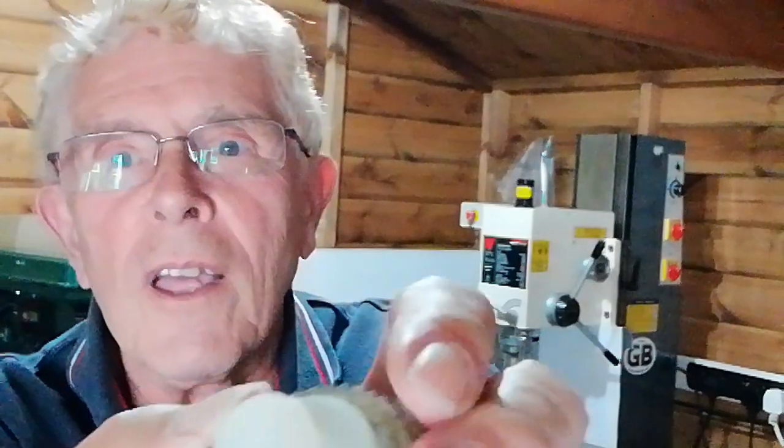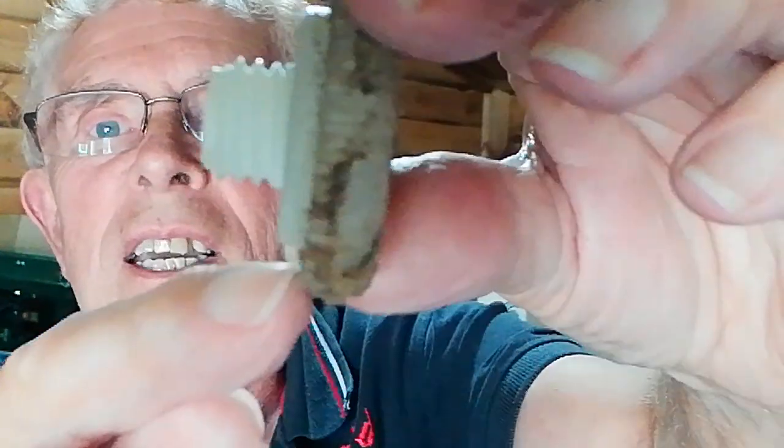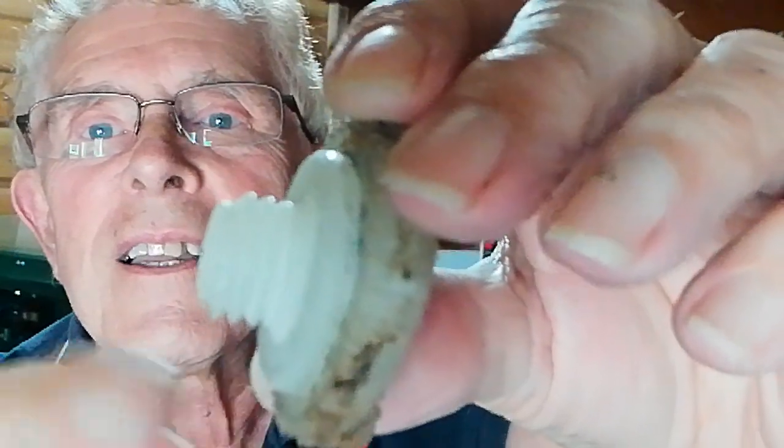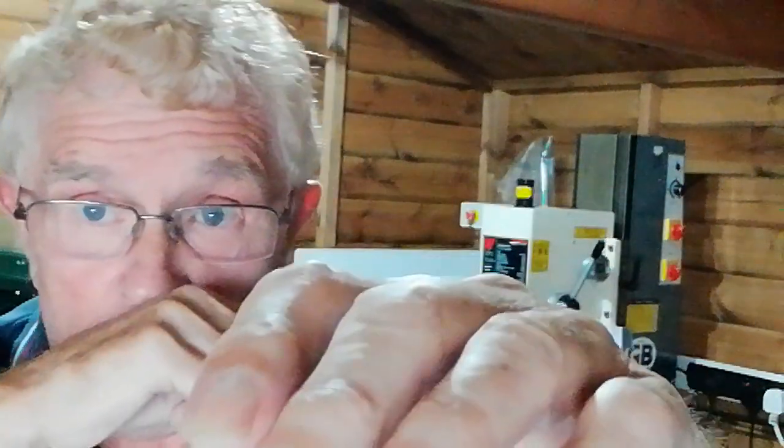So we need now to mount it in the lathe, and we're going to put it in the 3-jaw chuck and mount it on that little edge there, that little machined edge you can see there. Okay, the screw diameter, then it's a little edge that way. We'll see if it'll hold on that ledge. Okay,